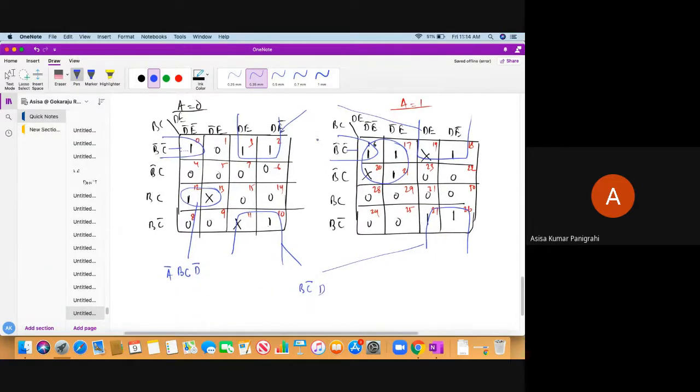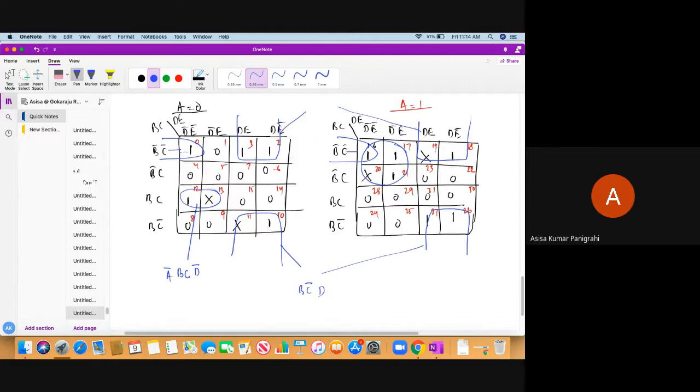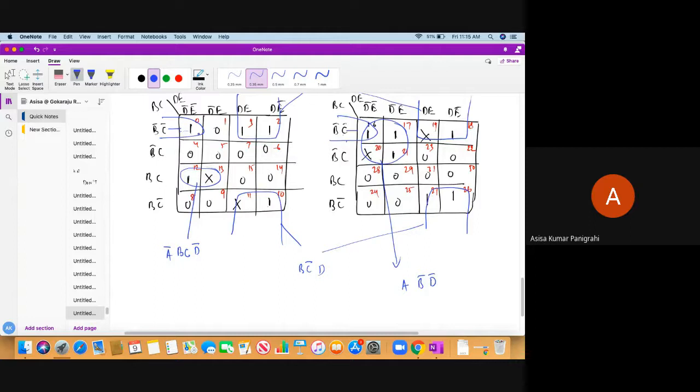Finally, what will we get from this? From this, we have got A, obviously, and D bar. A is present, B bar and D bar. Okay. Next, at the end, between these two groupings, from these two groupings, obviously A won't be there, and we get B bar, C bar, D bar, E bar. So that is present here.